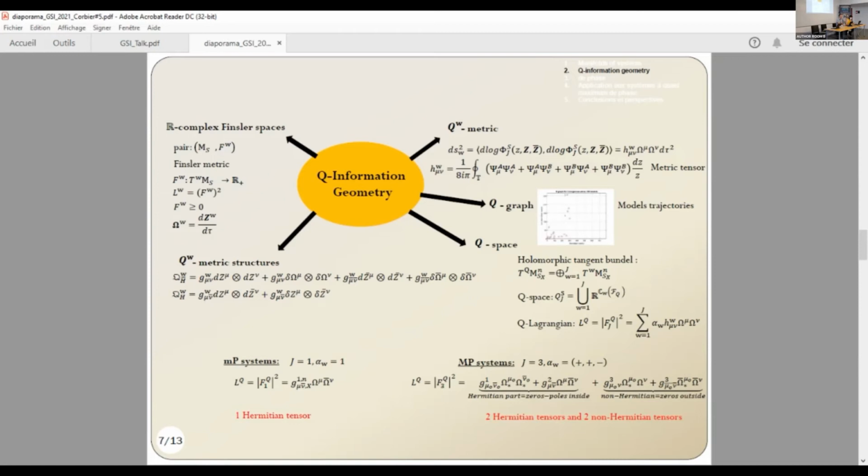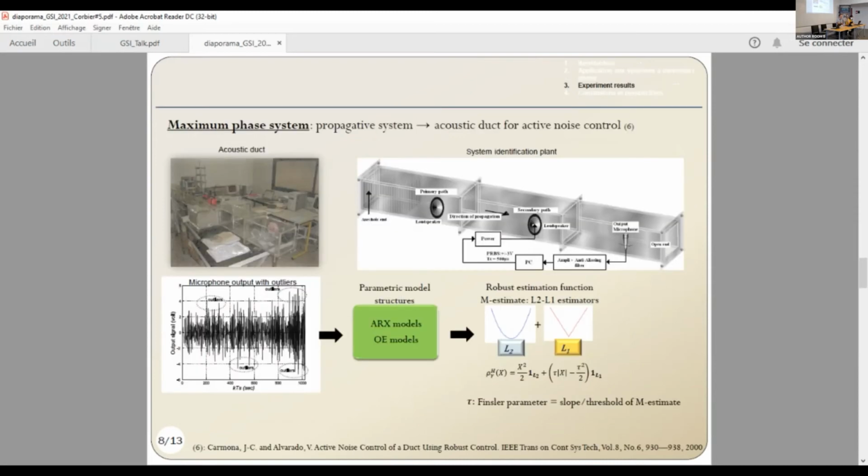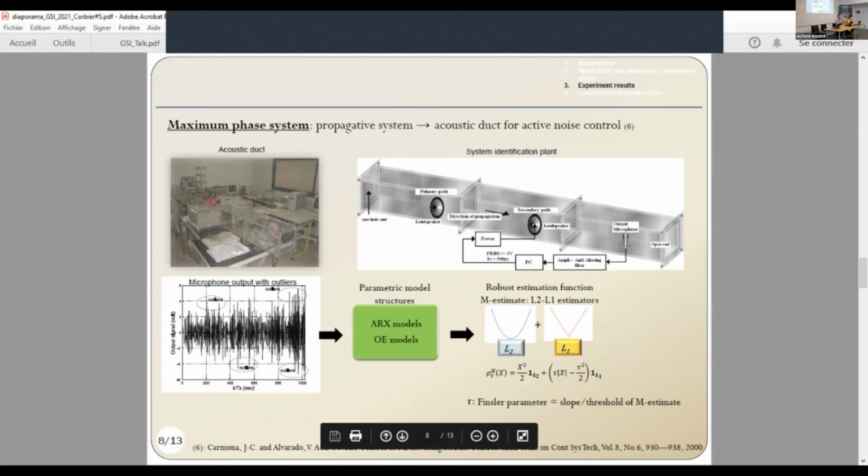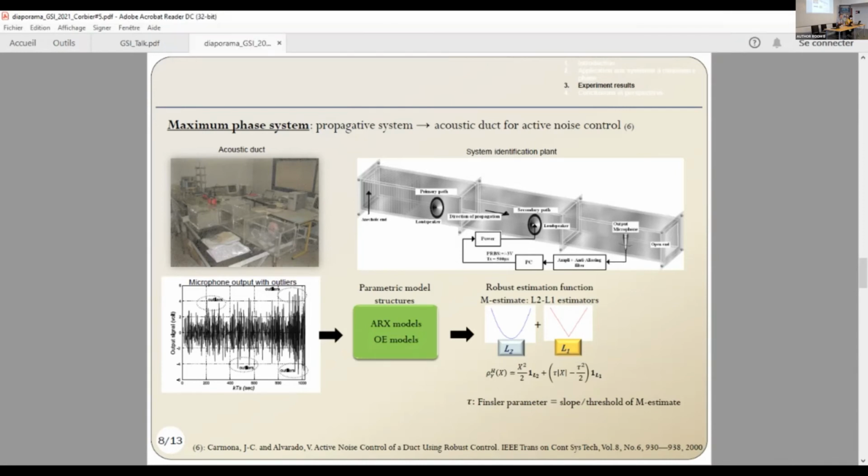Okay, it's often difficult to find the inverse. In fact, to apply this new approach of information geometry to a maximum phase system, in fact, the propagative system